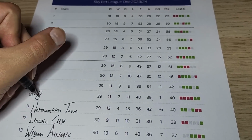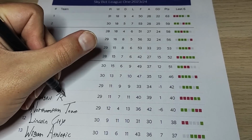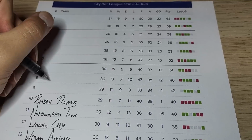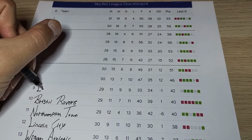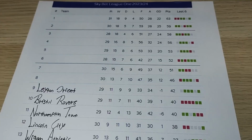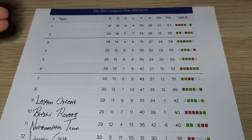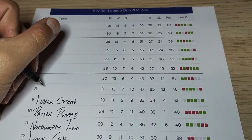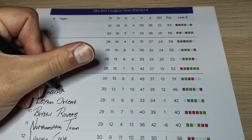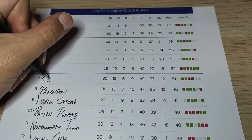10th place. The Bristol team that I think is a little bit cooler than the other one in the championship. The Bristol Rovers. Ahead of them, a team that I'd like to see get back to the Premier League someday soon. A team with a lot of history. Then 8th place, a team that I would love to see go up to the championship, a team that I've played a lot as in FIFA, and I don't really know why. Blackpool. Blackpool, and one spot ahead of them,